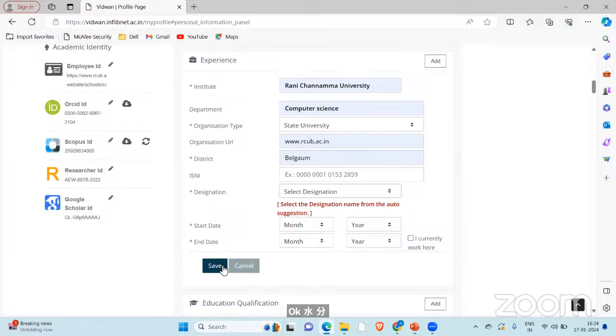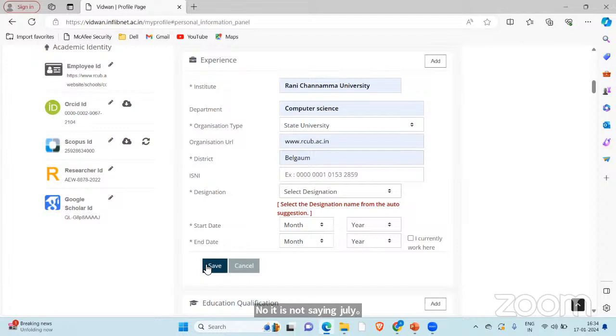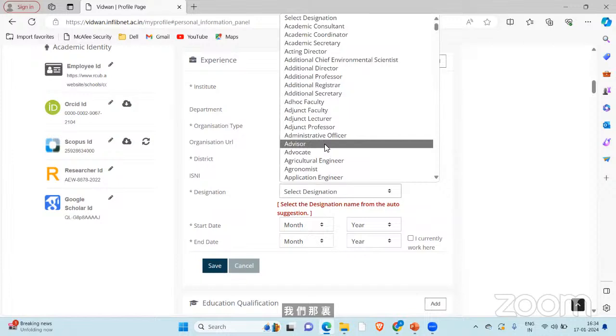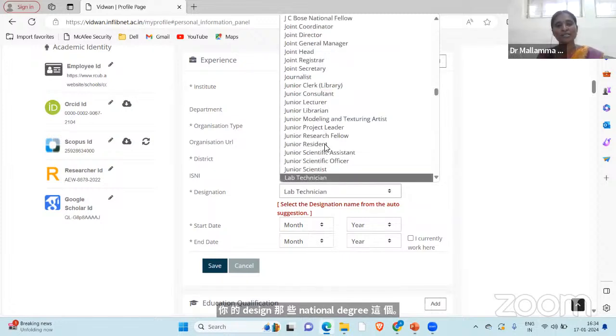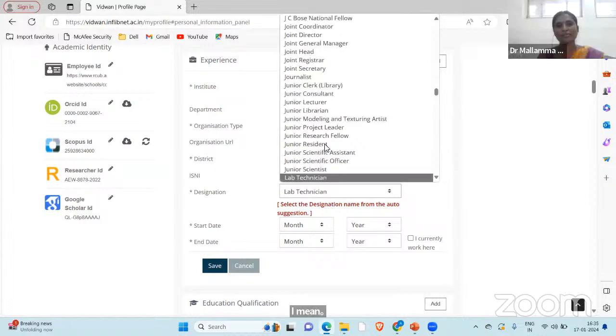No, it is not saving actually. It will save, but if you are not filling all the starred fields, it is not going to save, sir. It won't save. The designation is not yet selected. Now it came, sir. So for that reason only it was not working. Now, sir, it's come. Here, see, the lecturer. Can you see here? Yes, I can see. It's coming here now. It will come, sir.